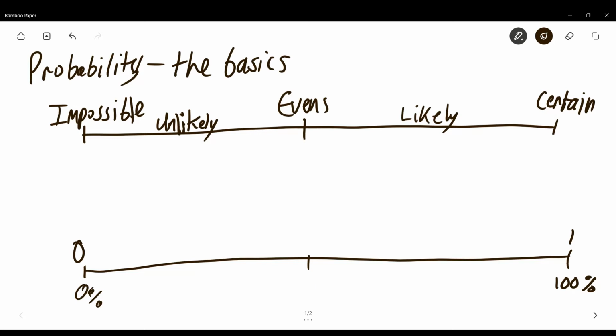Okay, so we've got 0, we've got 100%. In the middle, we're going to get 0.5, exactly half chance of happening, 50%. If you want it as a fraction, of course, that'd be 1/2. So, probability of me breathing within the next 5 seconds would be, of course, 100%. Probability of aliens landing right now in Yateley is probably as close to 0% as you can get. Probability of flipping a coin, getting tails, would be 50%. And that's your basics, okay?